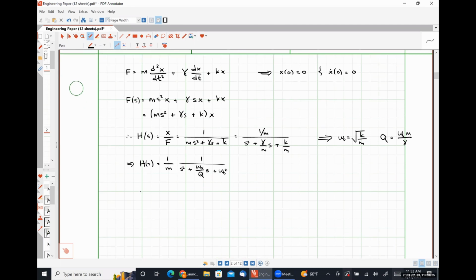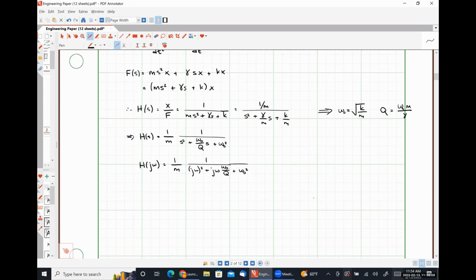So H of j omega, which allows us to work in the frequency domain, is going to be 1 over m times 1 over (j omega) squared plus j omega times omega naught over Q plus omega naught squared,